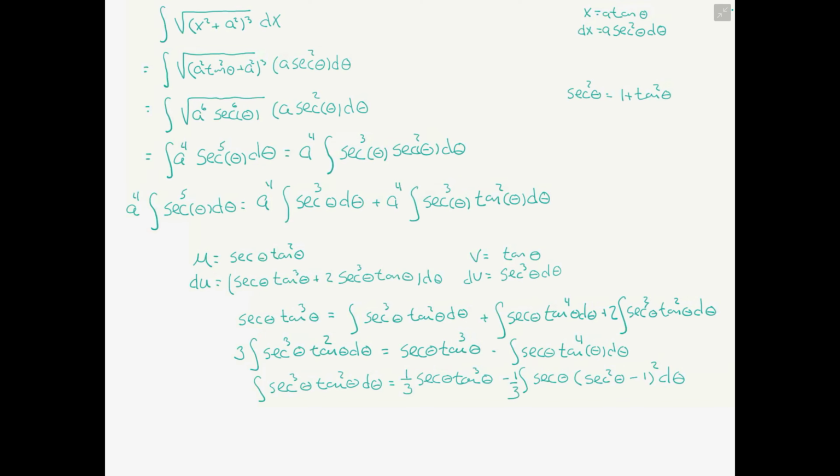So our next step, we're going to need some space to write, so we're going to use as much space as we can because we're going to be expanding the terms on the above expression. So we have secant to the third theta tan squared theta d theta equals 1/3 secant of theta tangent to the third theta d theta